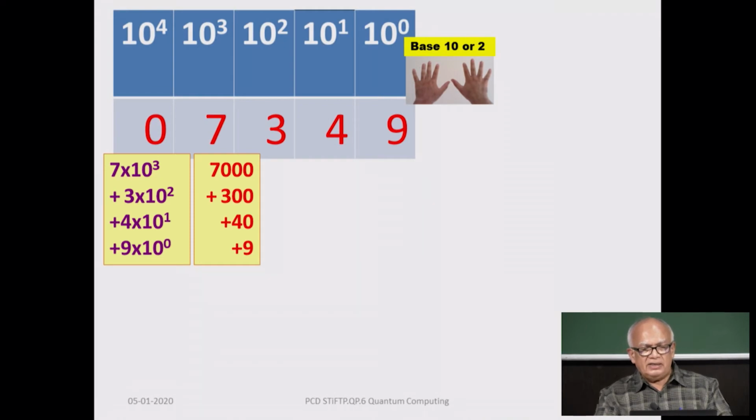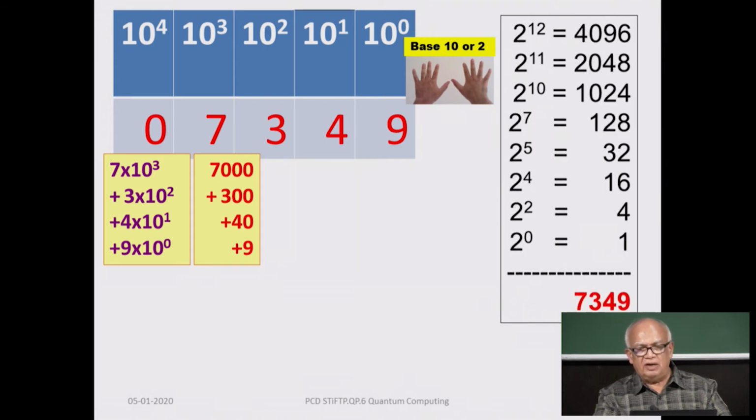And a number like 7349 can be written in terms of combinations of various powers of 10. So, you just sum up 10 to the power 0 with 10 to the power 1, 10 to the power 2 as many times as you need, and then come up with this number. So, this is the usual one that we use in our everyday life, but you can express it also in